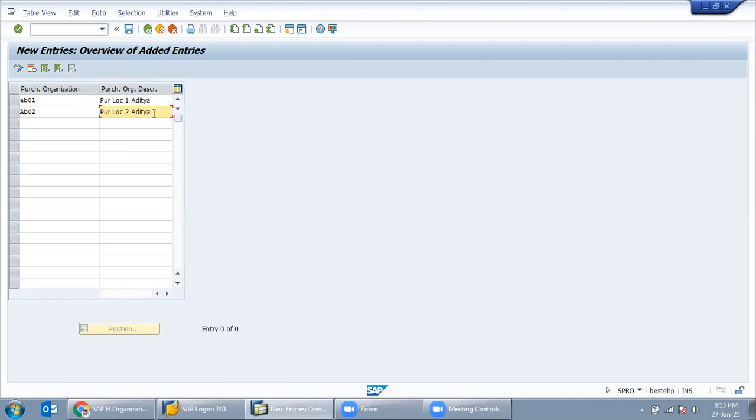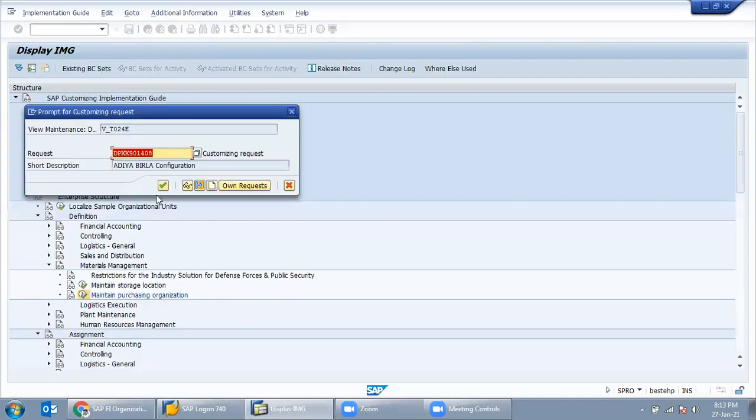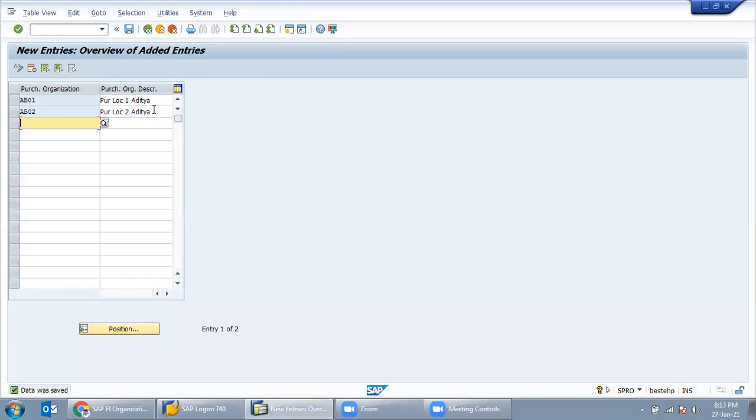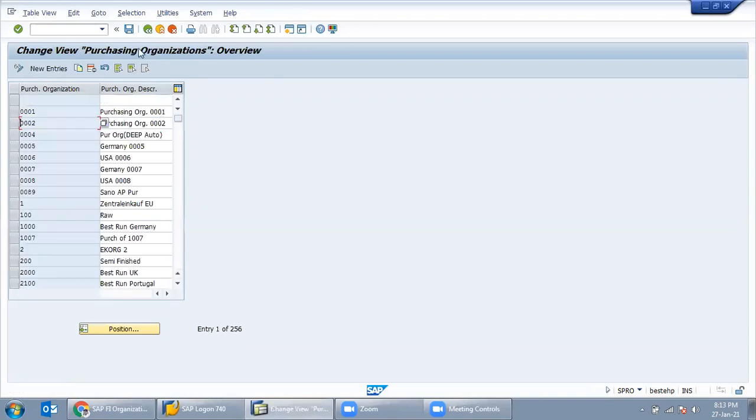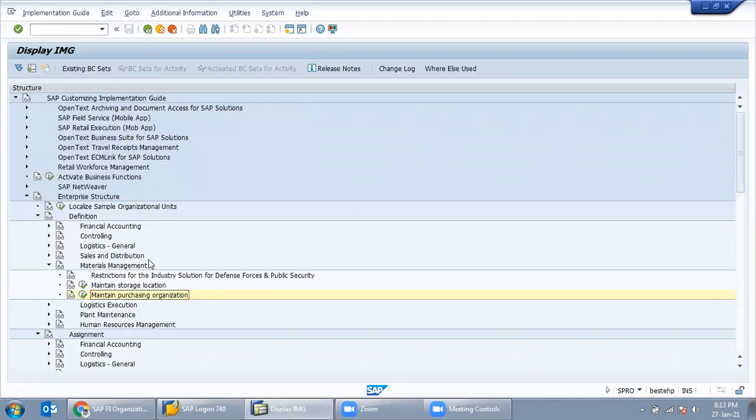So here we have created two purchasing organizations. Just select save, again enter. So two purchasing organizations created, two storage locations created, and one plant created, plant AB00.